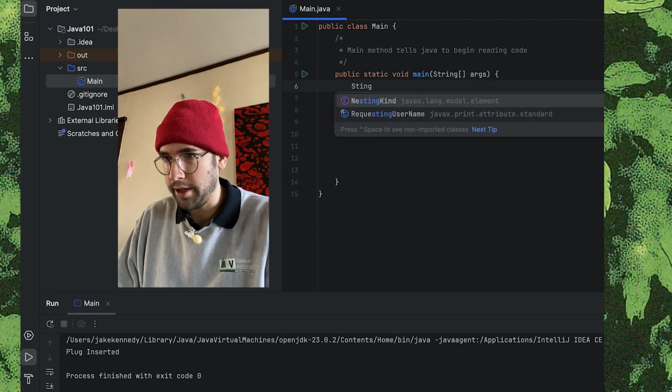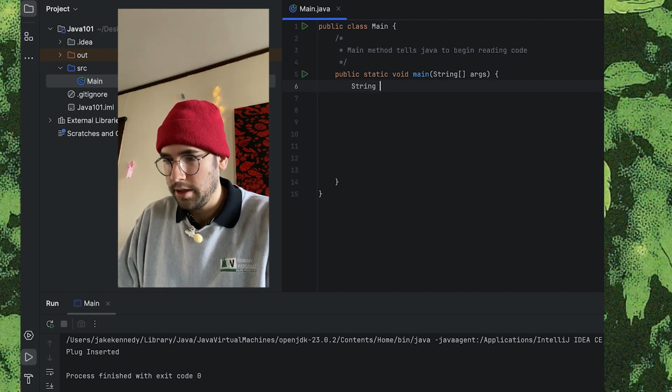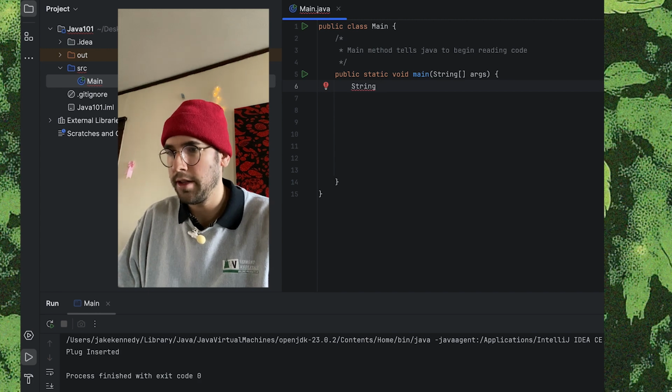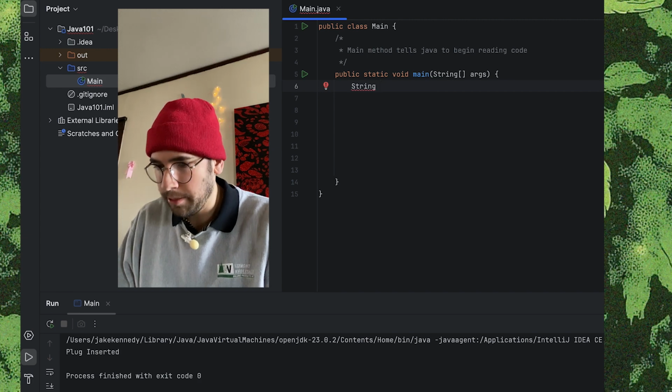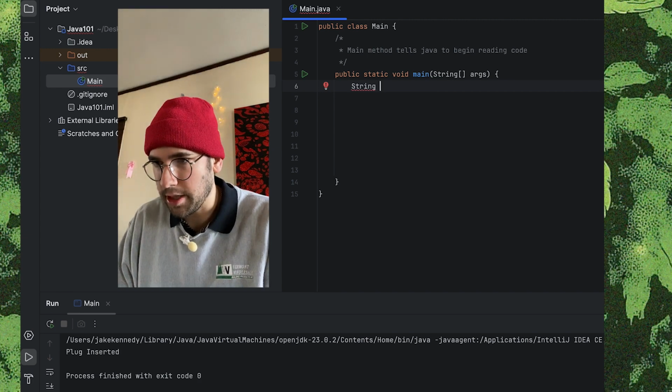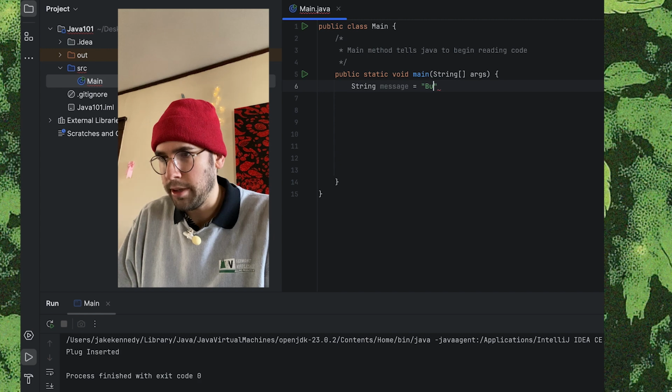Also, Java is case sensitive, so you've got to capitalize stuff. But then you have to not capitalize stuff because of camel case. I think I'll get used to it, but it makes it easier to read, apparently. So let's make our string called message, and our message will be "butt plug".